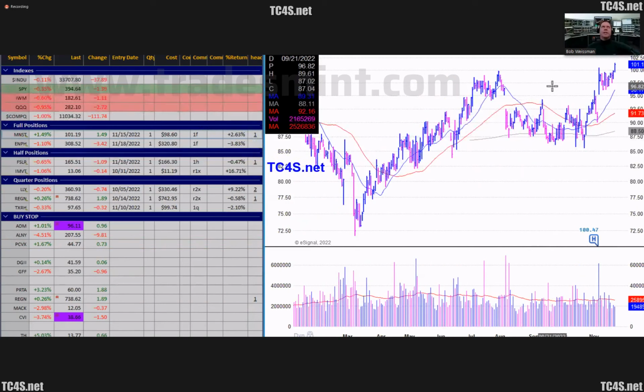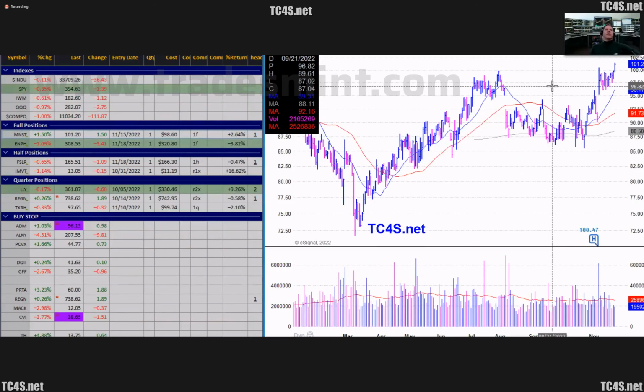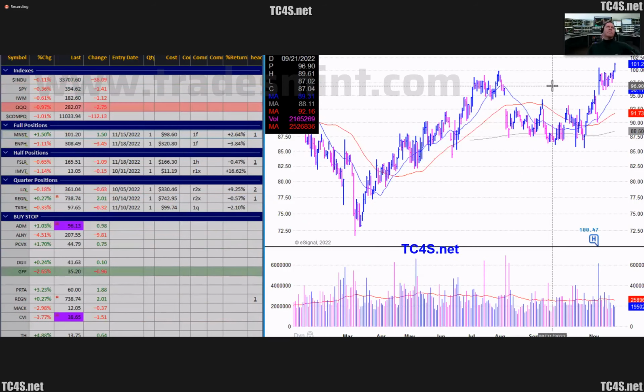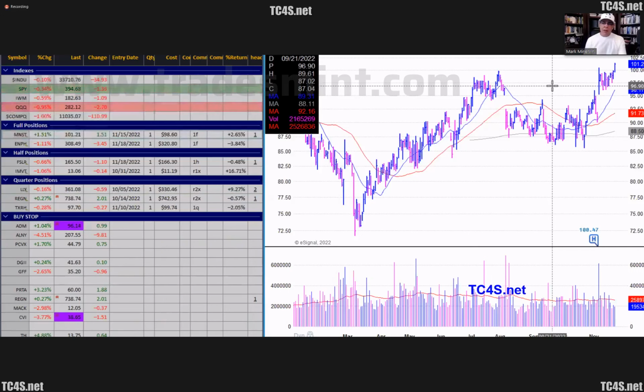Page 49. Quick question. How many of your purchases are using a pullback buy versus a breakout, Mark? It depends on the environment, but